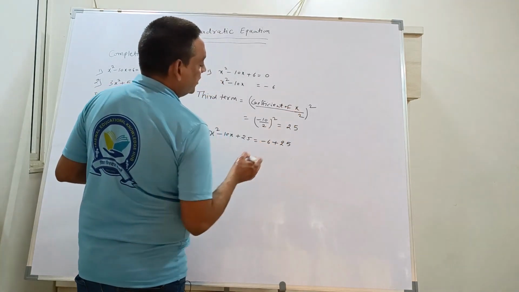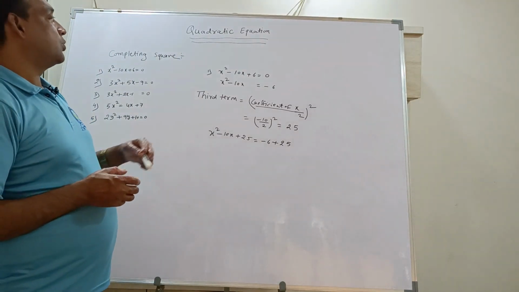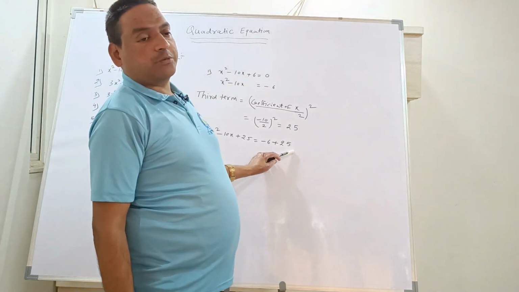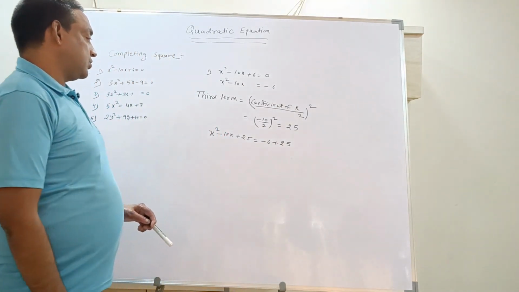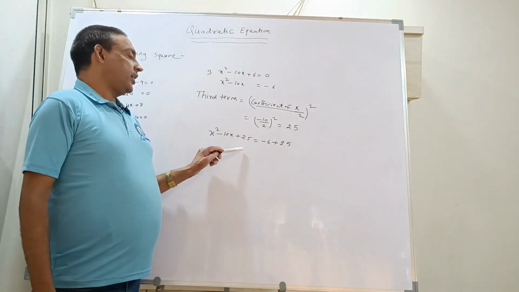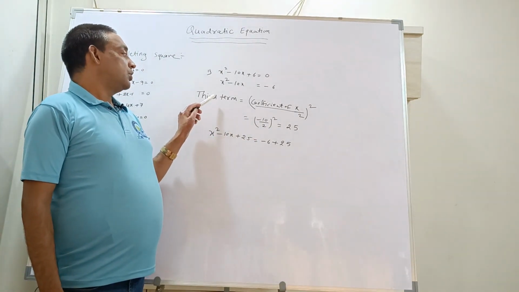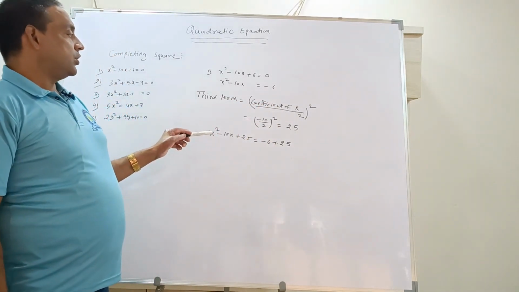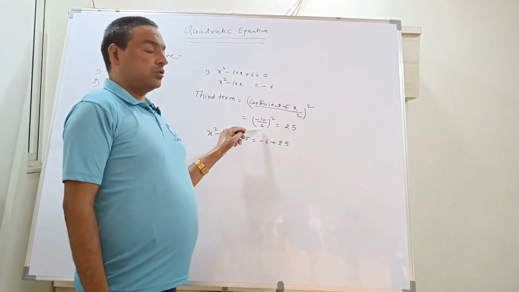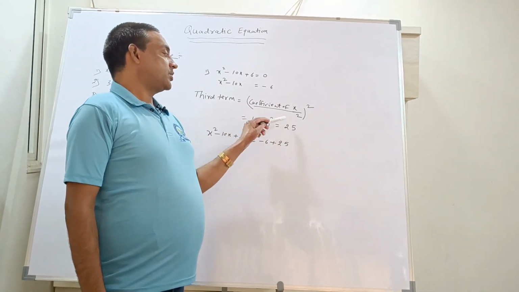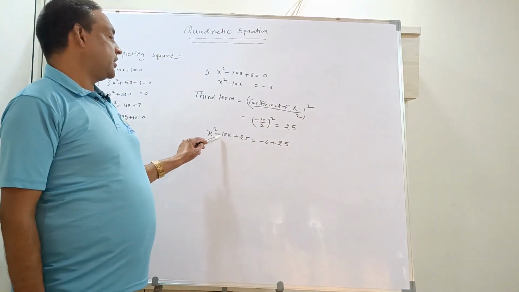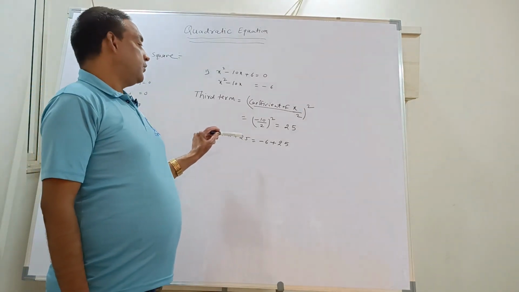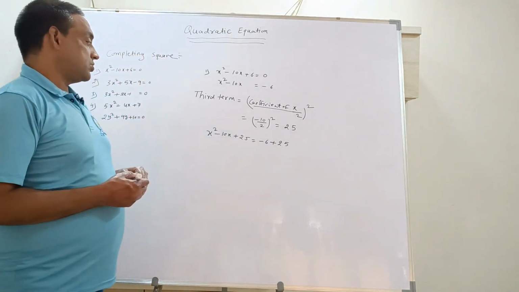Why plus 25 here also? Because it's a rule of the equation, whatever we add on the left hand side, the same we have to add on the right hand side also. So we added 25. Now from where did we get this 25? The formula is coefficient of x divided by 2 the whole square. So here the coefficient is minus 10 upon 2, which is minus 5. Minus 5 ka square is 25. So x square minus 10x plus 25 is equal to, since we added 25 on the left hand side, we'll add 25 on the right hand side also.